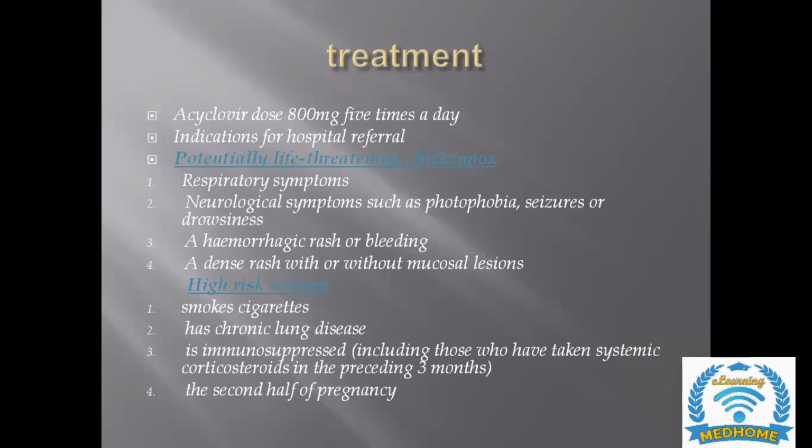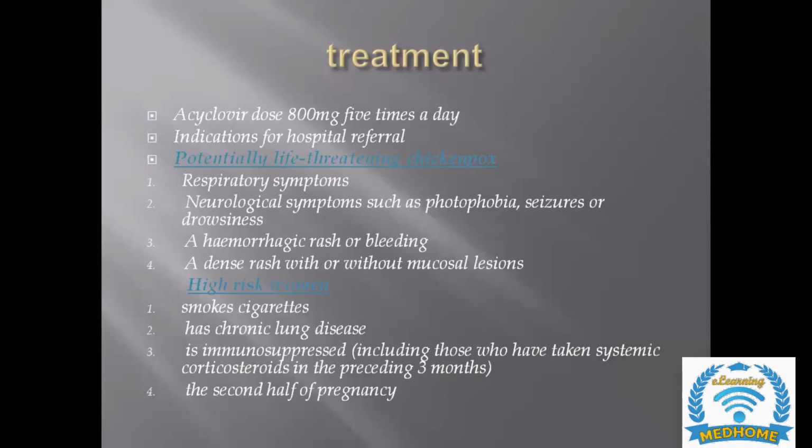So what are the treatment options? We discussed the antiviral previously in the algorithm: acyclovir. You need to remember the dose because the dose is different for chickenpox, and we will discuss later genital herpes in pregnancy. The dose is different in both infections. In chickenpox, it is 800 milligrams 5 times a day.